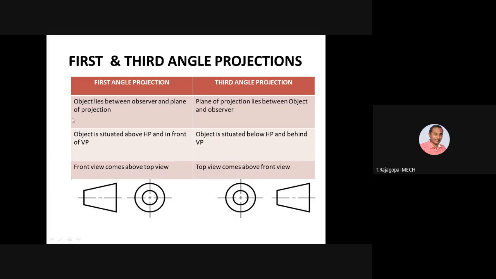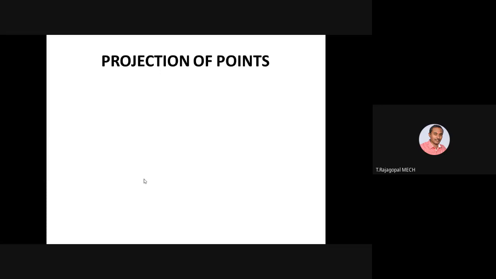Whenever they are asking about first and third angle of projection, you have to show this representation of first and third angle projection. In your drawing sheet, in any industrial drawing if you refer, instead of writing first angle or third angle projection, simply this notation will be there. Based on this representation, you have to identify whether the drawing follows the first angle or third angle of projection. Now we will move on to projection of points.